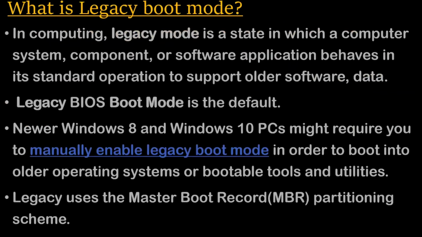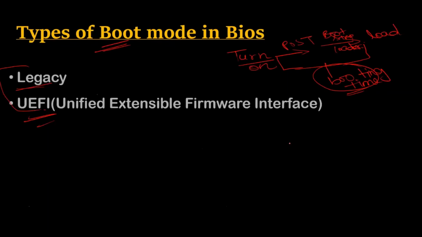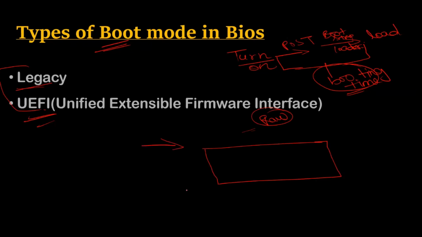So the next is partition schema. Right, now understand what the meaning of this is. Partition schema means what? If I give you one example, suppose we have this hard disk. This is my raw hard disk. Raw means nothing is there. No partition is created, no data is placed there, no file system is assigned, and no partition schema is assigned. This is a raw disk. So if you want to use this hard disk, firstly we have to assign the partition schema.